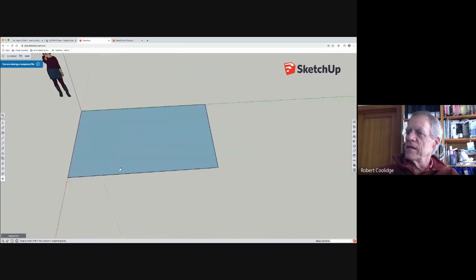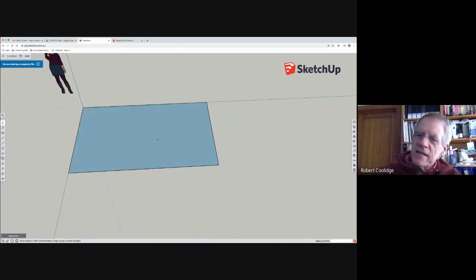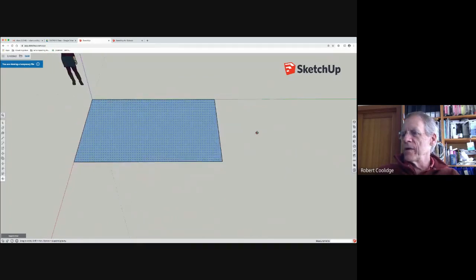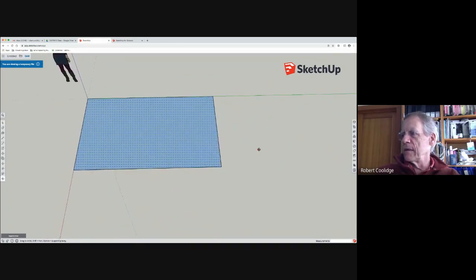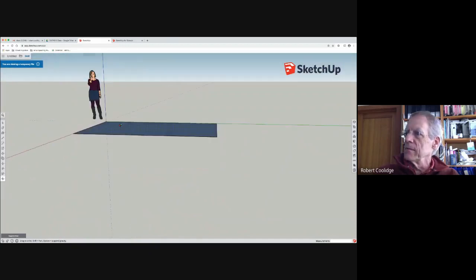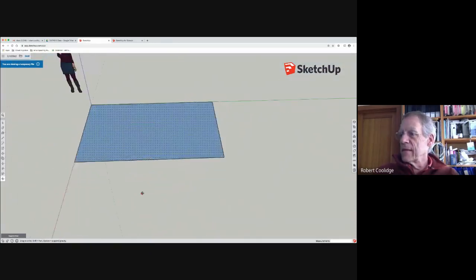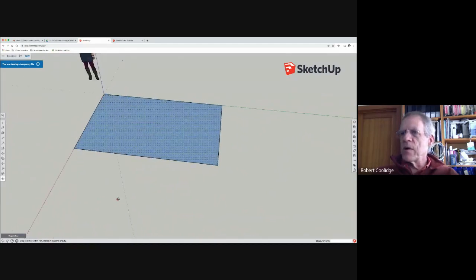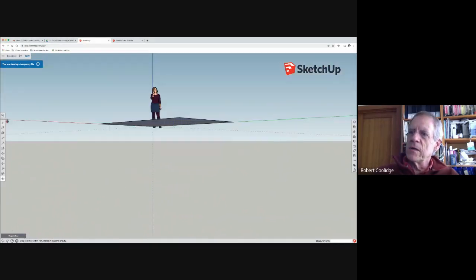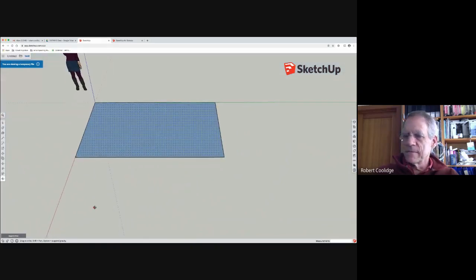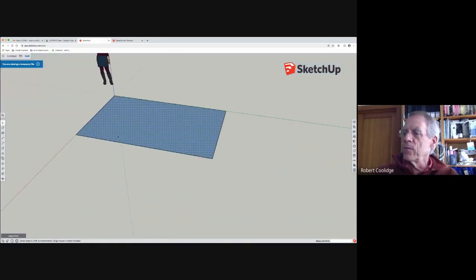So one of the other things, probably the key thing to learn, if you learn anything today about SketchUp, is this. This is just a bunch of lines and a surface. If you go to another program, I really have a problem with it here. What's happening is I'm having a problem with the use of my Wacom tablet. Anyway,